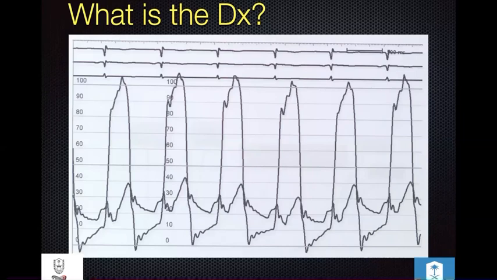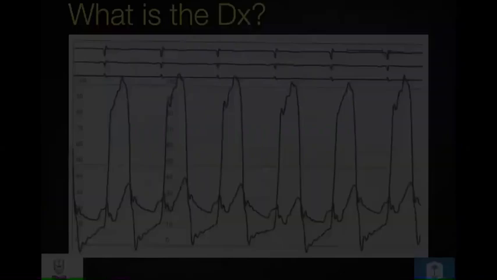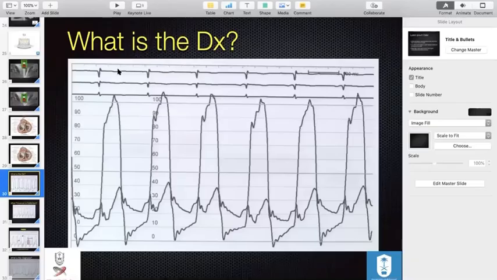Okay, so we'll start. Look at the rhythm. Can you see a clear P wave? Barely, maybe a hint. So you anticipate you might not see an A wave, or maybe it's just low voltage. But regardless, you can see here